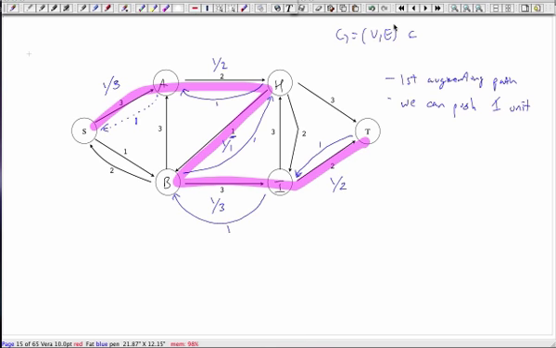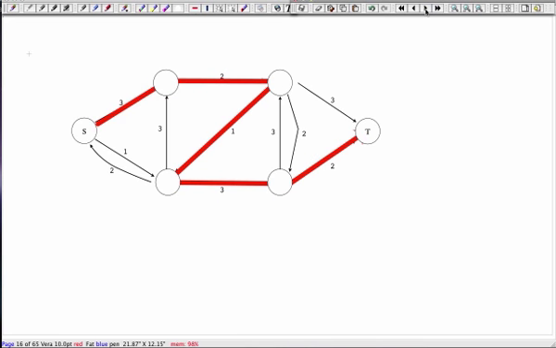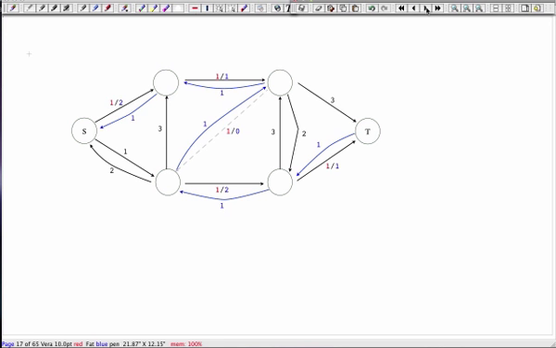Now there's also one edge that we're going to have to remove from this graph because it no longer has any capacity. Which edge would that be? From H to B. Right? Okay. So in the next step of our algorithm,